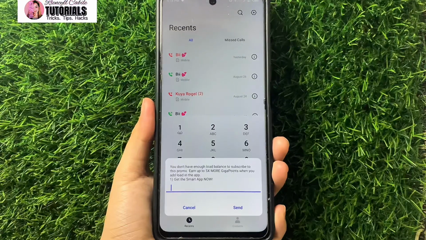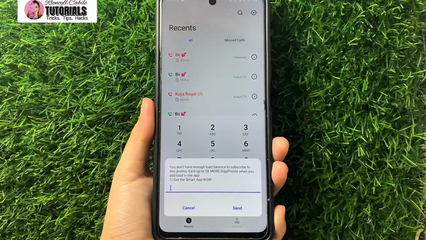So, ayun lang guys, ganun lang kasimple kung paano nga ba mag-register ng double giga video for 49 sa ating